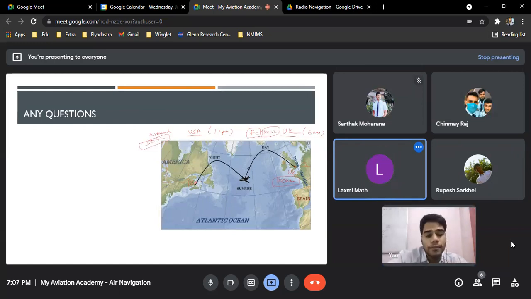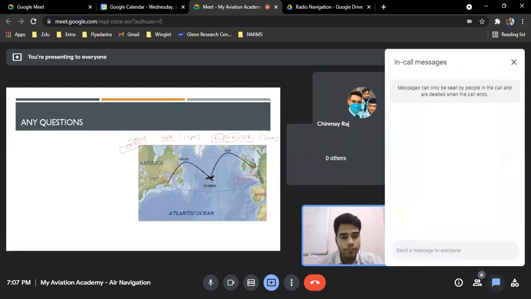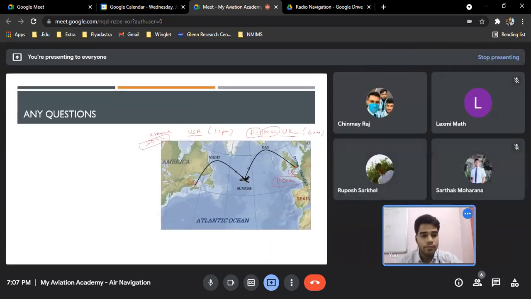Okay, good. Rupesh, then what's your answer? Not sure, sir. So as I told you, there's a thumb rule. I explained to you there's a thumb rule, and the thumb rule gives us an approximate answer, which was 51 hertz. This is how the questions will be asked in exams also.